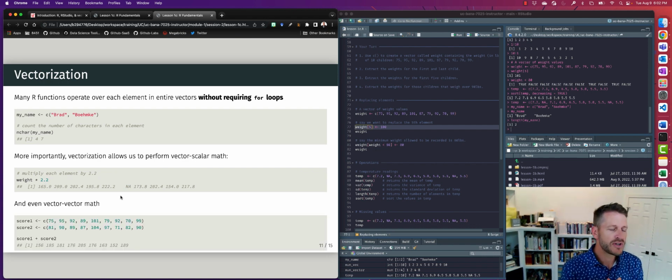Right? And we can even do what's called vector-vector math. That's where we have two vectors. In this case, both the vectors are the same length, right? And we wanted to add them. So say we had